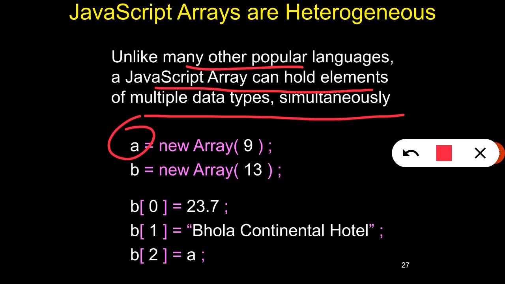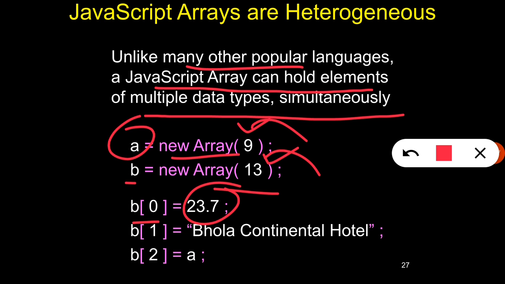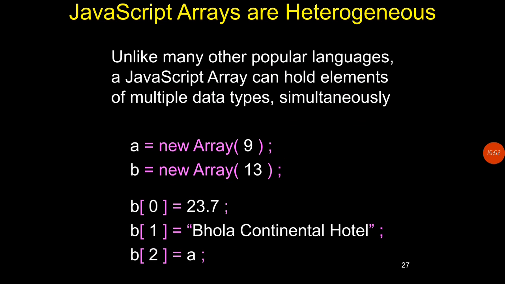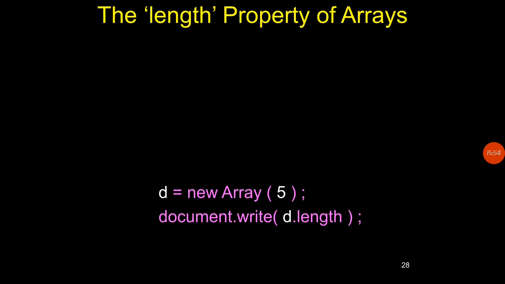See here, A is a array and created with the length 9, and B is the array created with the length 13, and here I am storing a floating point value in the B array at the index 0, but at the index 1 I am storing the string type value, and again in the index 2 I am storing a character value. So this is a valid statement. These are all valid statements because in JavaScript arrays are heterogeneous. Okay,